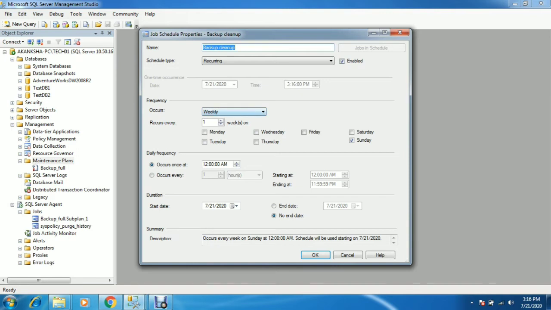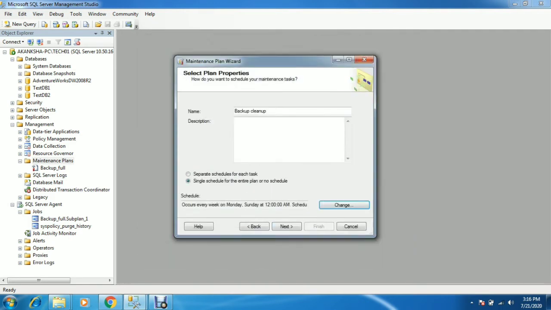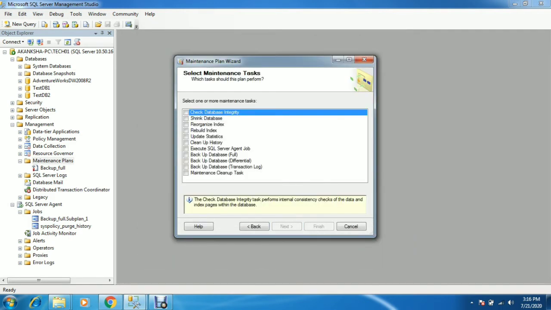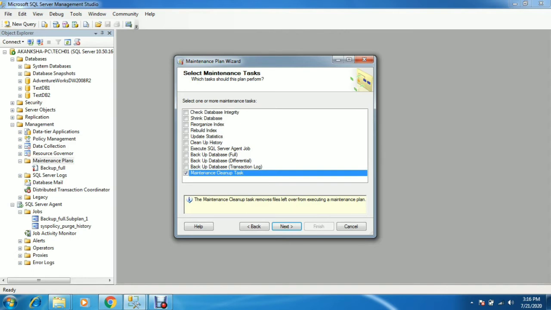If you want to keep the backups for 7 days locally in your drive, you can keep that. So this job will automatically delete backups older than 7 days. In this way your disk will not get full and you will not get the alert for storage crunches. Click on OK and click next. In the last step, check that you have the maintenance cleanup task.